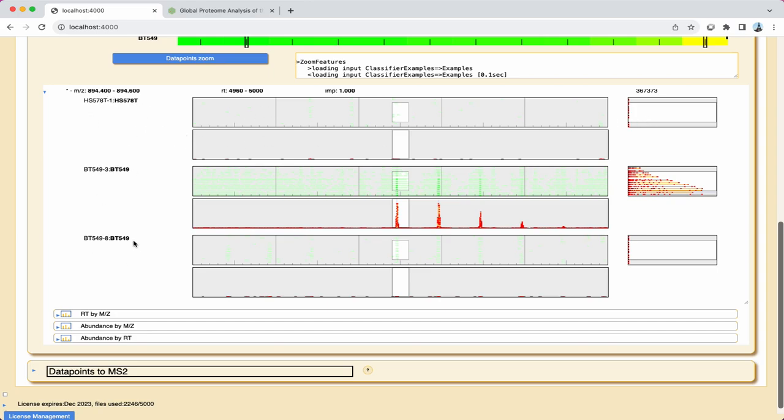The two-dimensional plot shows the M/Z and retention time space with abundance intensity colorized green. The white box indicates the original data point, and the gray area is the surrounding halo. The vertical tick marks on the M/Z axis mark 0.1 Dalton spacing, with larger marks for 0.5 and vertical lines for 1 Dalton spacing. Below and to the right are the projections of total abundances across the region on the M/Z and retention time axes, respectively.